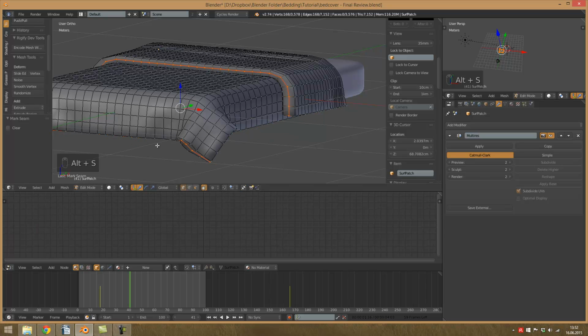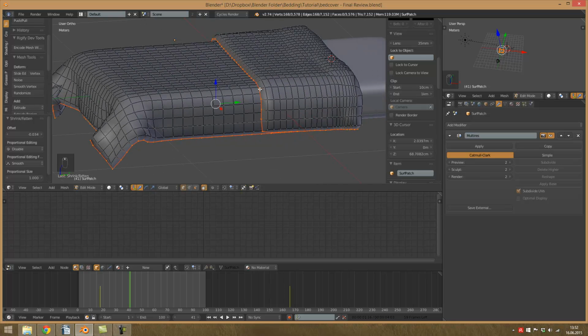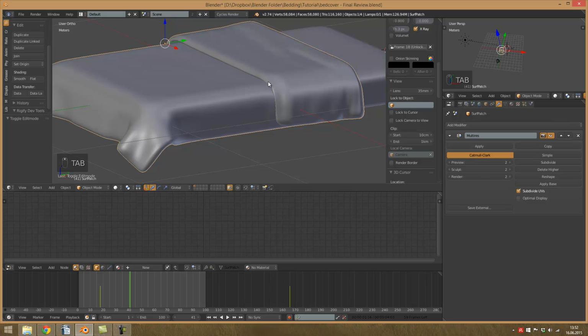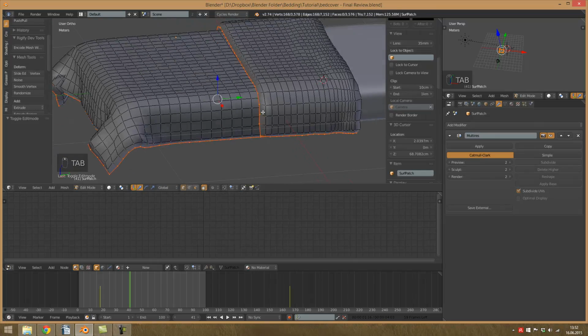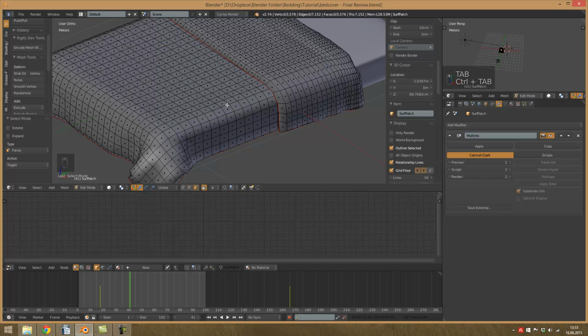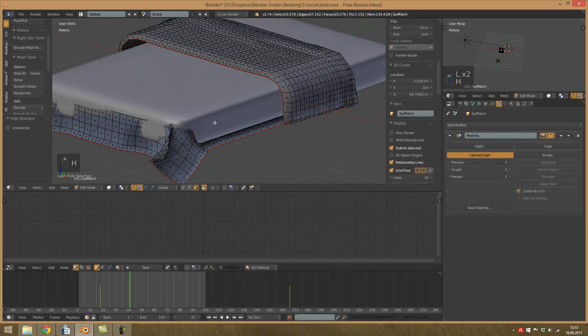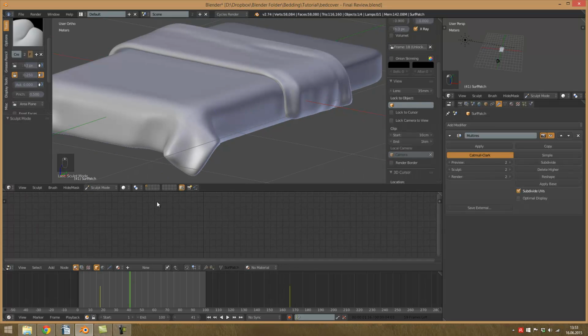Yeah, maybe. This is also a trick, I just figured it out. You can press Alt S to make the whole loop cut that we just added in go further away from the structure, to have like a sharper edge, a sharper corner in here. That works as well. But let us just select, for example, all the faces on the top, hide them, and then we go into sculpt mode, and